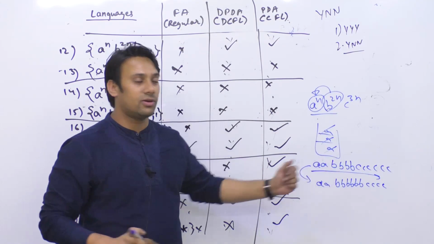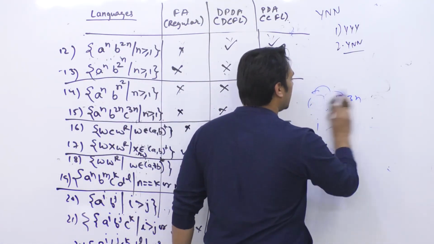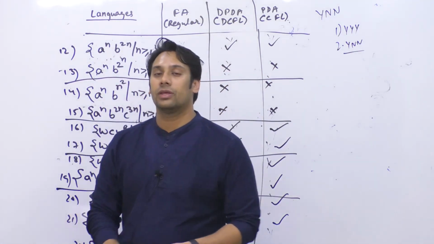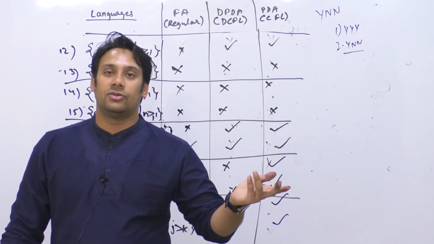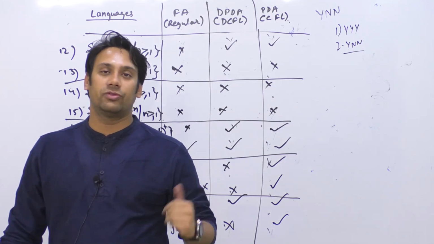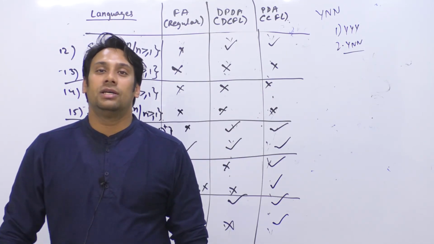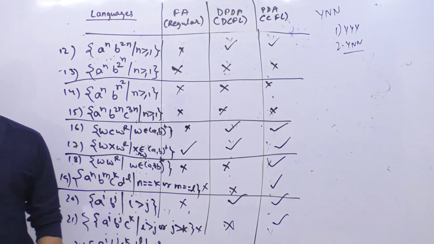Okay, so for this you cannot really make a pushdown automata, because you have to compare A with B, but then you have to compare A with C also. So the number of B should be double of A and the number of C should be triple of A. So if you compare the number of C with A, then all the A will be removed from the stack, so how will you compare the number of C? There is nothing left to compare C with A. Okay.